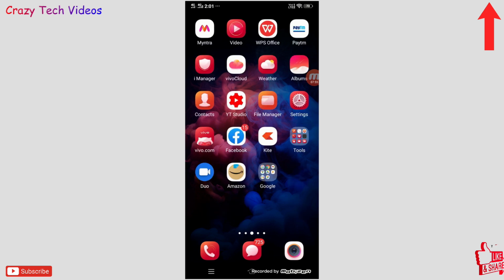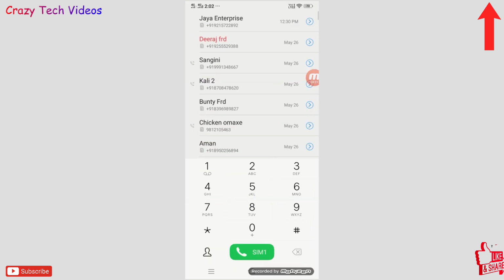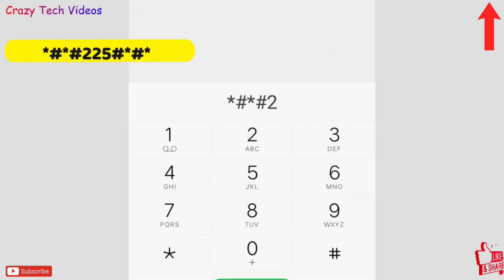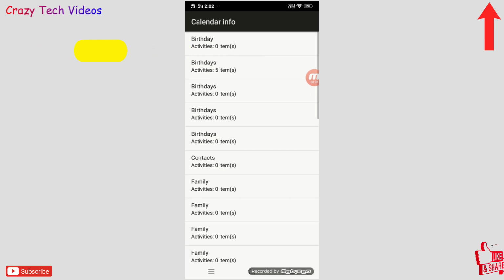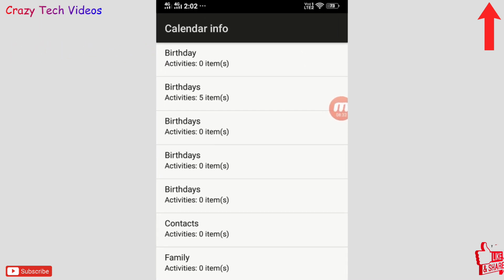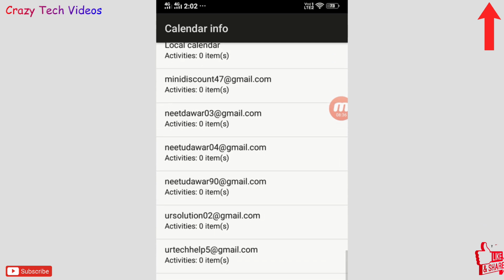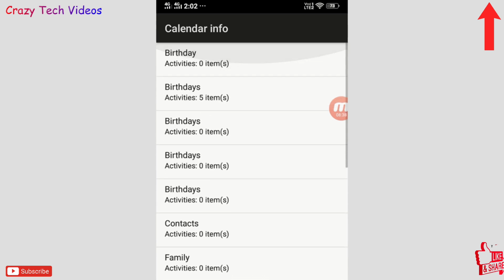Now let's talk about the last code, and the last code is very important for Android users and everybody. For that you just have to go to your dialer pad and dial *#225 then #*. The moment you dial this one, all your calendar info will be right in front of you. See, these are all the calendar info with my email address which I have made in my phone. I can get it